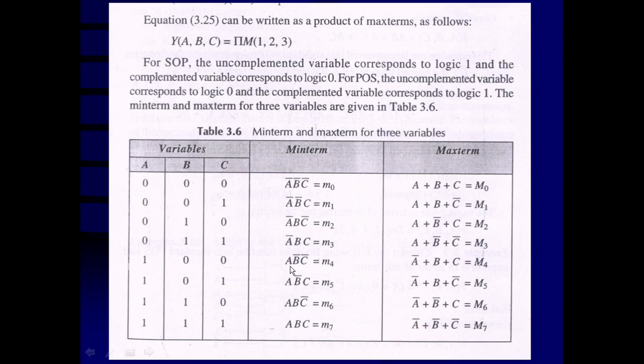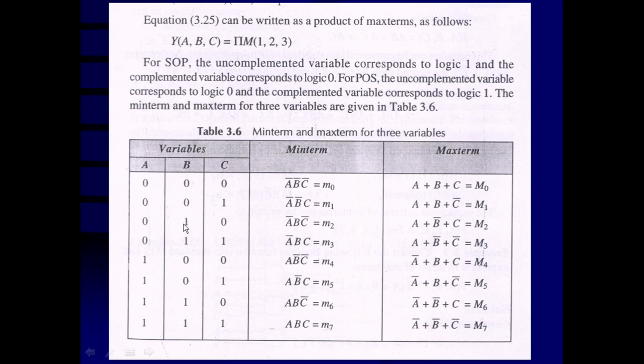Corresponding to the min terms. Min terms can be represented by small m. And for min terms, we know that for complemented variables, it is 0. So 0 corresponds to the complemented variables and 1 corresponds to uncomplemented variables. So for these min terms, we can write a bar, b bar and c bar. That is going to be m0. A bar, b bar, c, because c is equal to 1. So this is going to be the second min term m1.